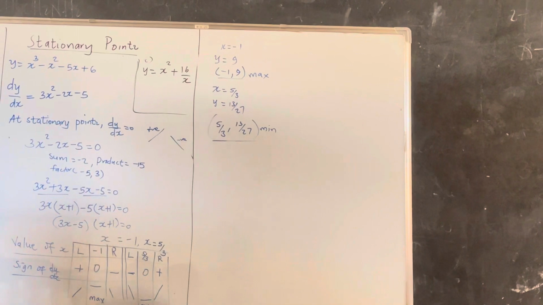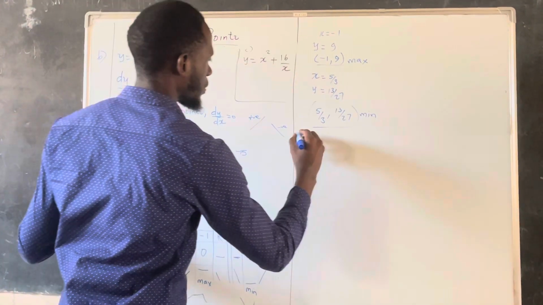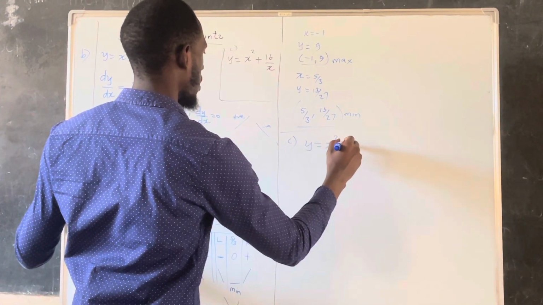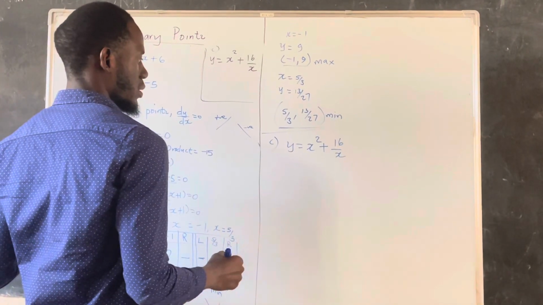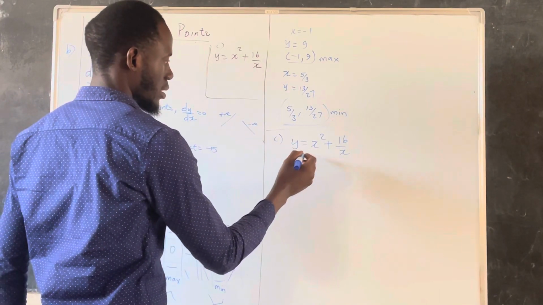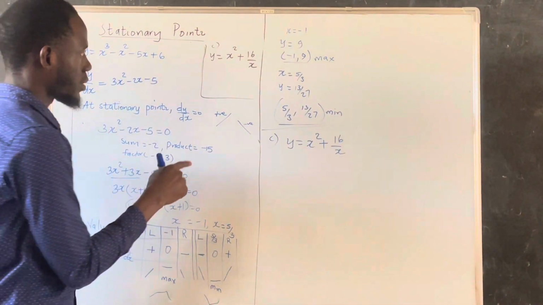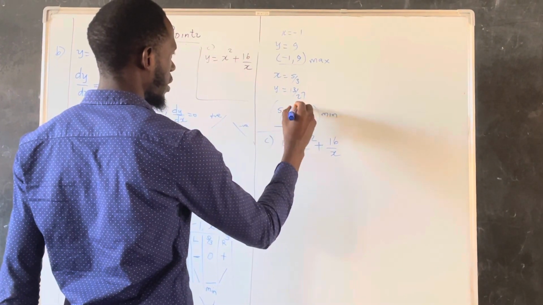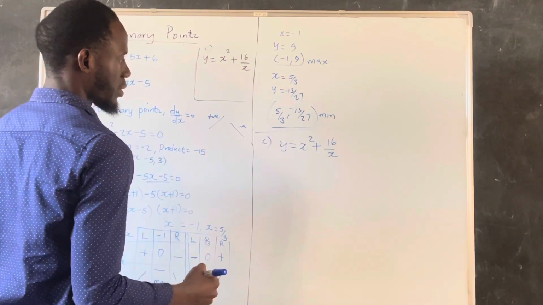So finally we shall conclude with the example in part C, which says y is equal to x squared plus 16/x. We are going to go ahead and differentiate. It is negative 13/27 if you substitute. Then we are going to look at this example here. When you differentiate